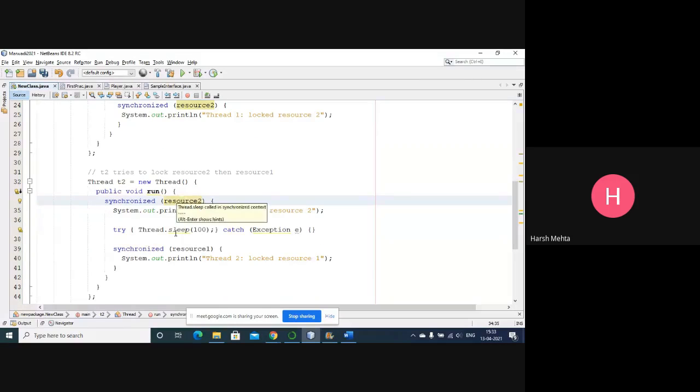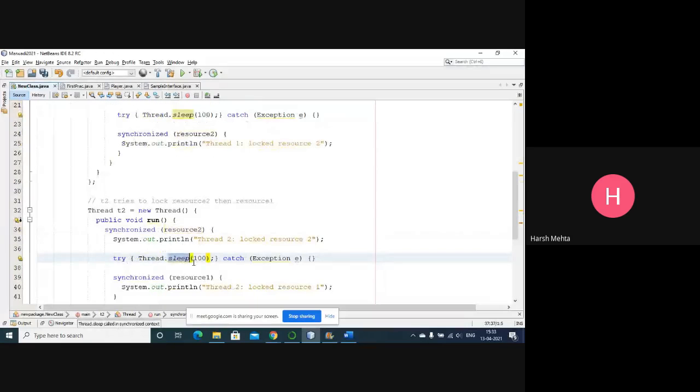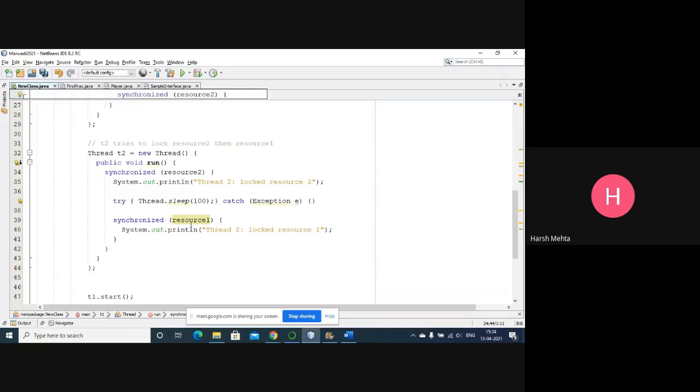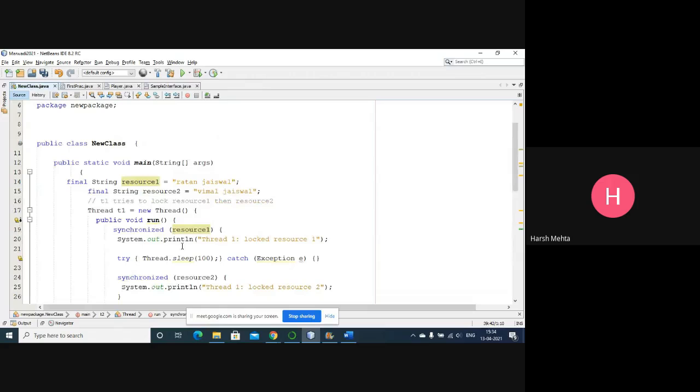And as soon as thread 2 completes its sleep, it tries to lock resource 1, but resource 1 is already locked by the other thread, and this thread actually gets stuck here, and that thread gets stuck there. Okay, so this is known as a deadlock with this example.